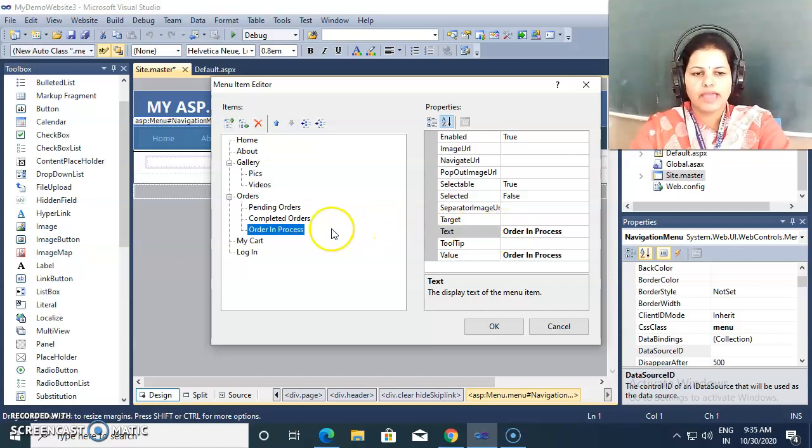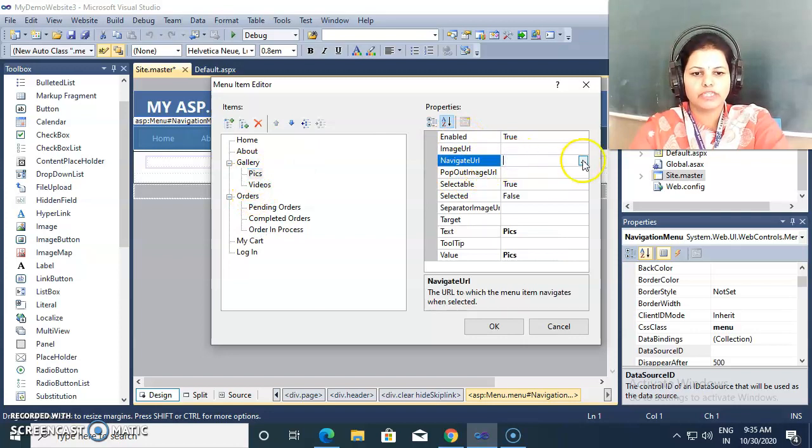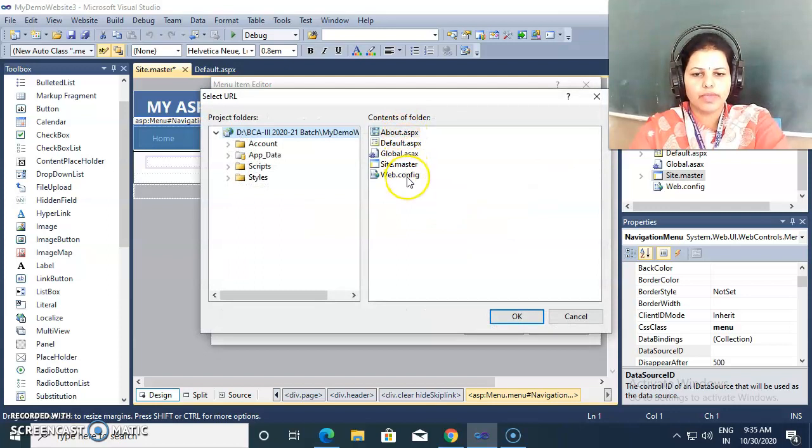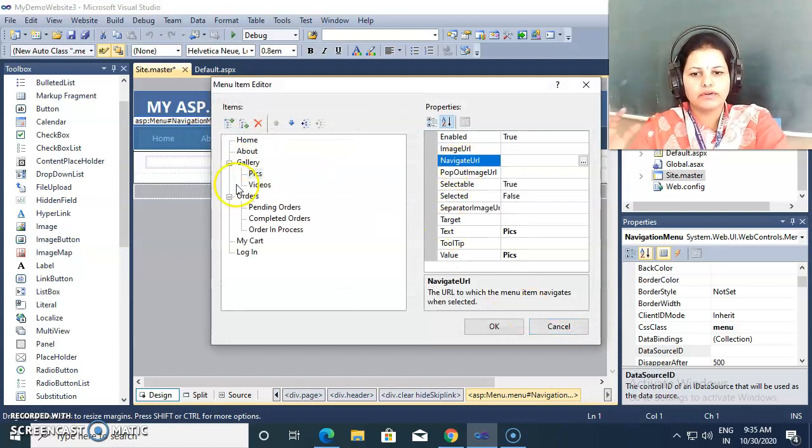So you may add sub menus and main menus as per your requirement, or you may change the order accordingly. Then if your page is ready for these pictures, you may give that page name here, navigate URL. Means here you can select your ASPX page and link the menu with this page.